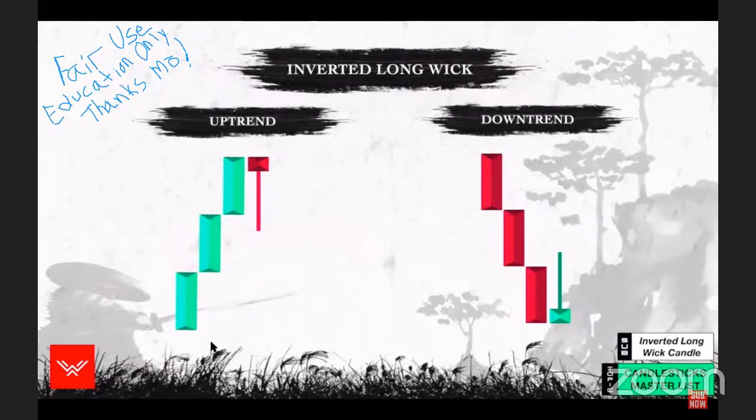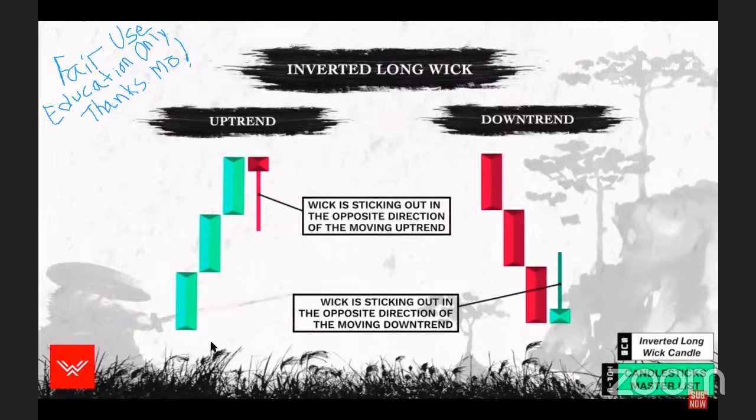The inverted long wick candle is a lot like the traditional long wick candle, except the wick sticks out in the opposite direction of the moving trend direction. Now, on the charts,